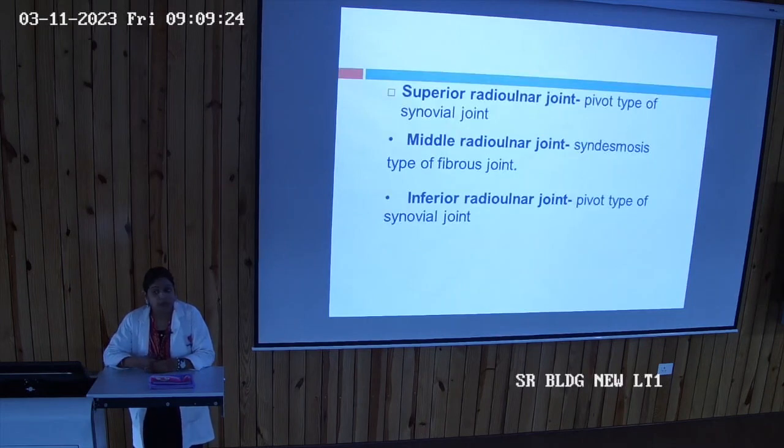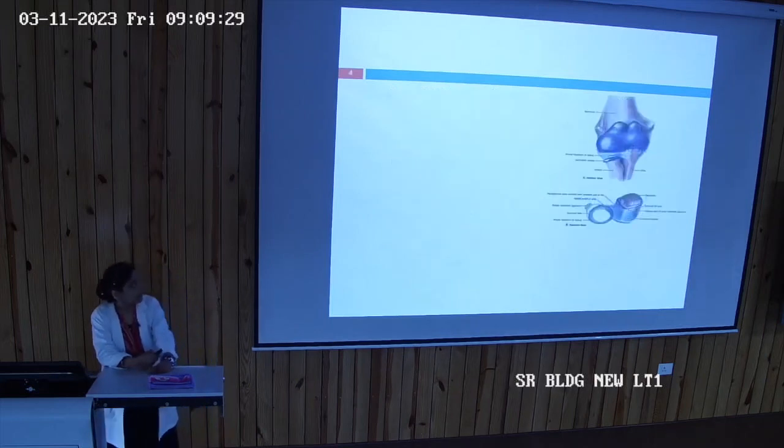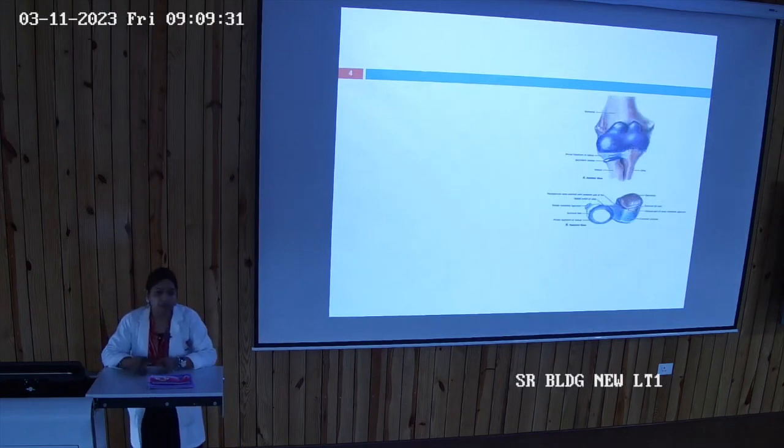Next will be the capsule or the ligaments of the joint which are attached here. So what are the ligaments joined here? First of all, every joint has its capsular ligament. So the capsule of superior radioulnar joint continues superiorly with that of the elbow joint, and inferiorly it is attached to the annular ligament. Second is the synovial membrane that lines the joint cavity. The synovial membrane inferiorly is not attached to the annular ligament, passes deep to the annular ligament and is attached to the radial neck.